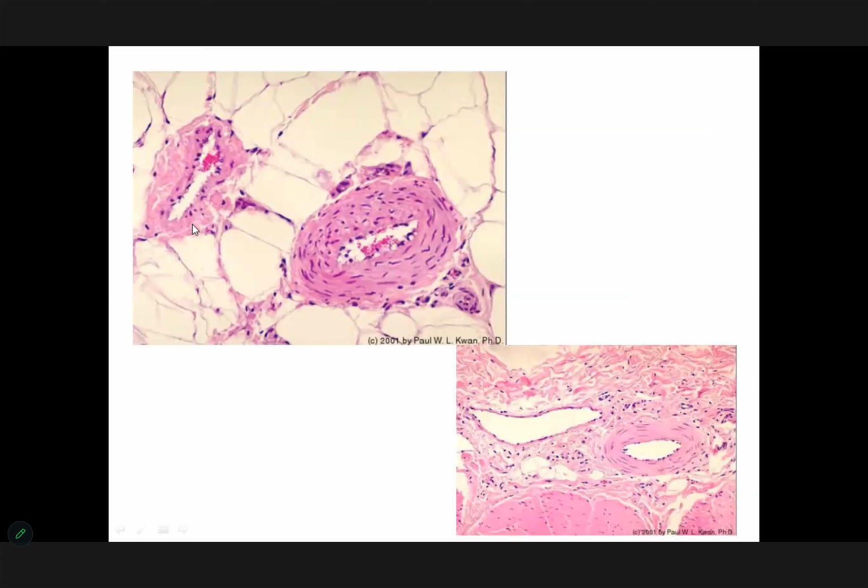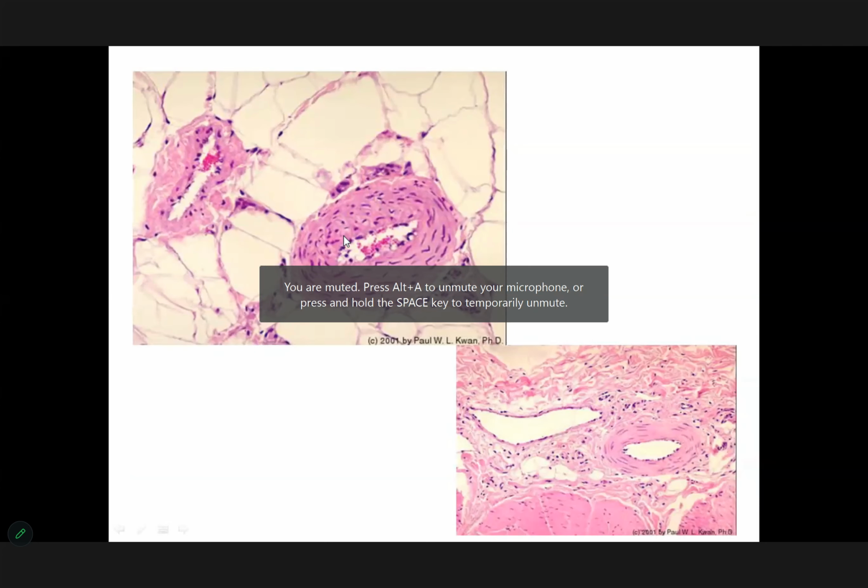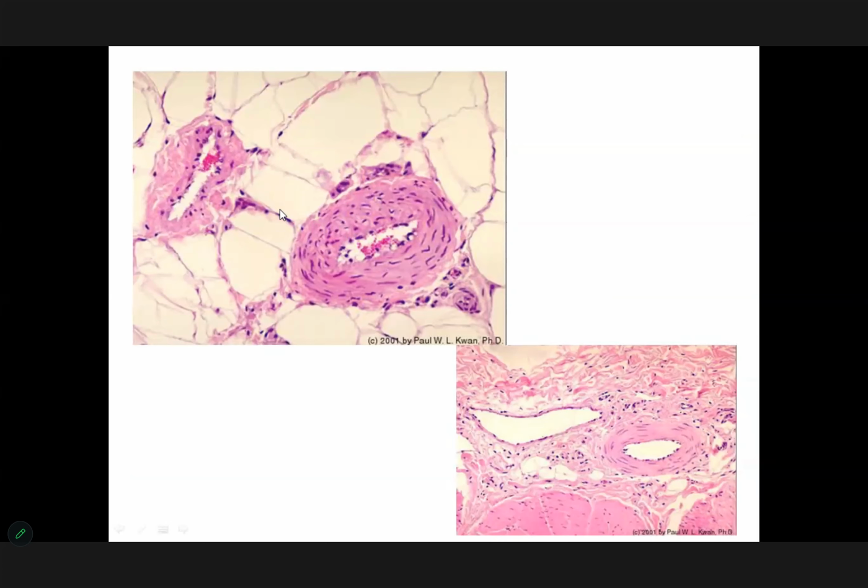Here, compare the vein and the artery, compare the overall thickness of the wall here and here, compare the thickness of the tunica media with muscle tissue in artery and in a vein, and comparative thickness of media and adventitia. Media is thicker than adventitia in artery, and media is thinner than adventitia in a vein. Here the internal elastic membrane is not well seen in artery, so we cannot use this